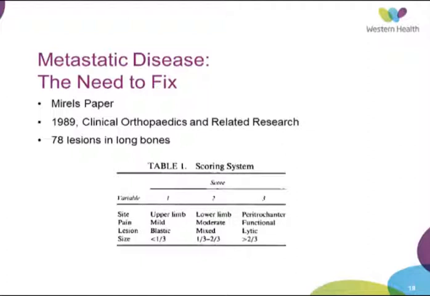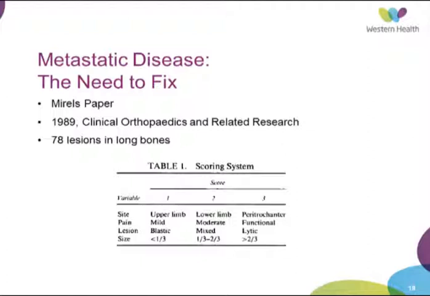Which is interesting because this is a landmark paper that we're still talking about, 20 years later, and it dictates what we do. What they did is they took 78 lesions in long bones of people. It was a retrospective study going back through the years, of people who were about to start radiotherapy for metastatic bony lesions, trying to find some score based on all the different papers published in the 60s, 70s, and 80s about how we determine whether we need to fix it. And the Mirels' score is out of 12, and you get 1, 2, or 3 points